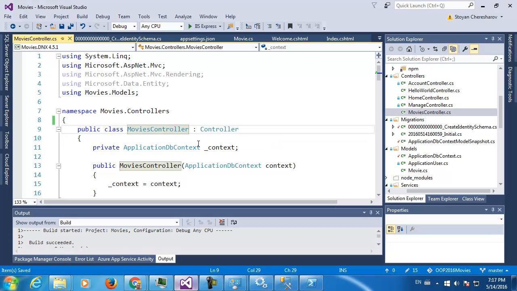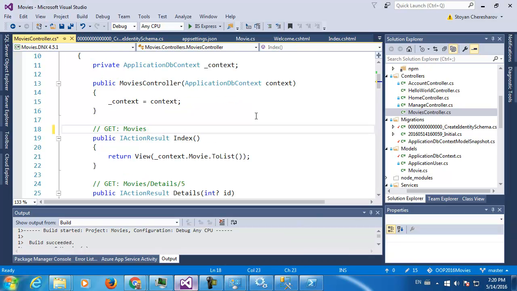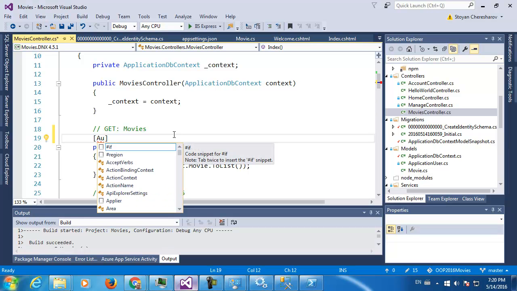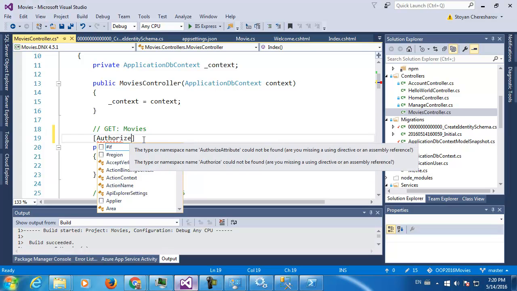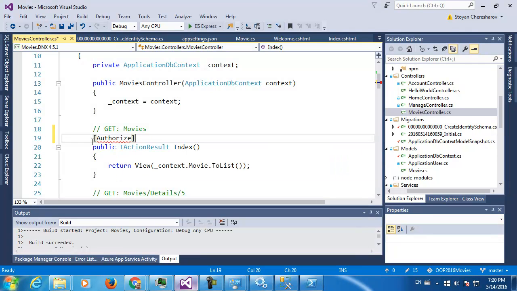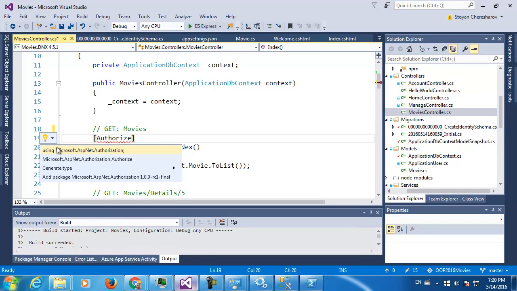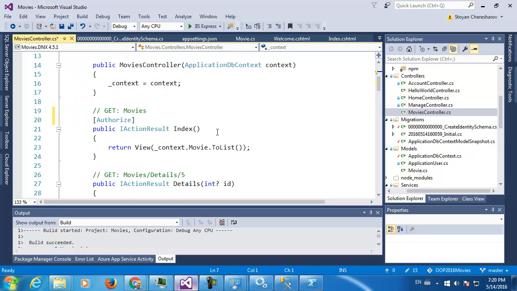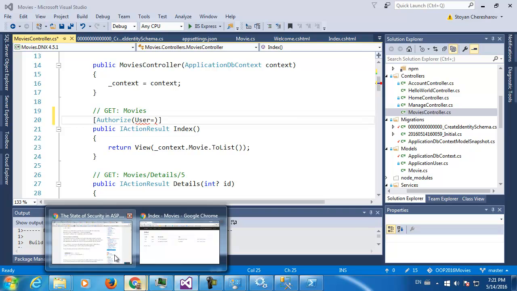Okay. Yeah, why is this authorize not working? Yeah, probably I didn't add the using authorize. And I have a suggestion here: using Microsoft ASP.NET authorization, and this is for backward compatibility. So I still can use authorize, I can use roles, I can use users, user, and I can say who actually is authorized to use this method,